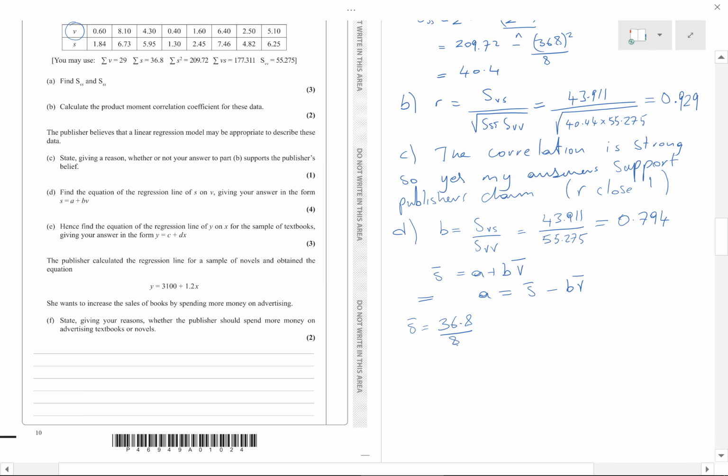And V bar is equal to the sum of V, 29, over 8. So A equals